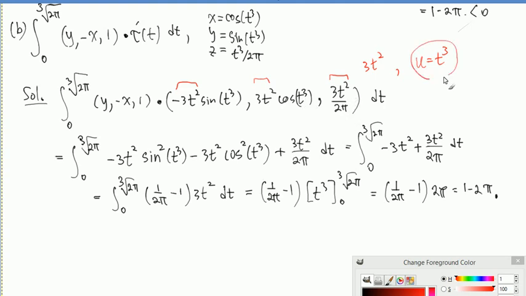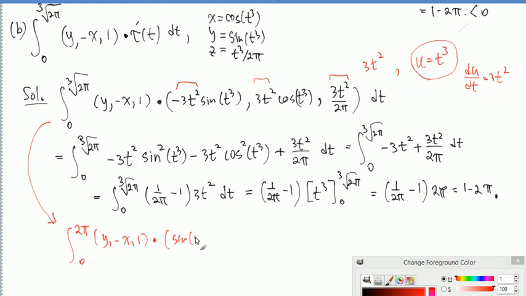And as you do the substitution, you have du dt being 3t squared, right? When you do u substitution, you multiply the reciprocal and canceling this one out. So you can easily evaluate from here by doing the u substitution to 0 when t equals cube root of 2 pi. If you plug it in there, you get just 2 pi, right? And then you have y, negative x, and 1, and this dot product, and this 3t squared is cancelled out with this u substitution. So you're left with sine of, now this is